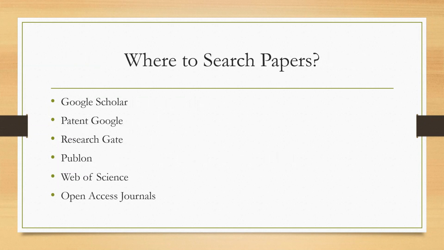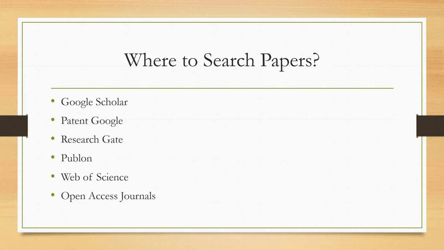There are several search engines. First is your normal google.com. With this Google search engine, we directly search the topic and we'll find some relevant papers also. Then the second search engine is Google Scholar, scholar.google.com, you can search it. That search engine will only provide you the papers. It will not show you results related to websites, images or other articles. Whatever publications are available through Google indexing, it will show only those.